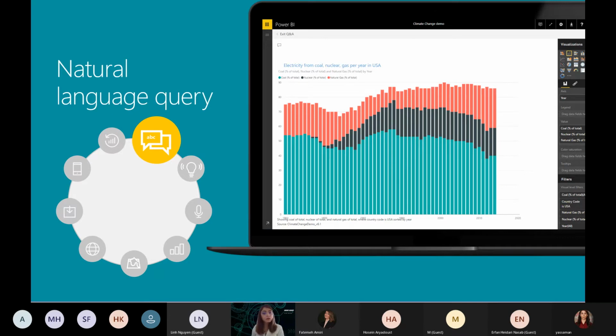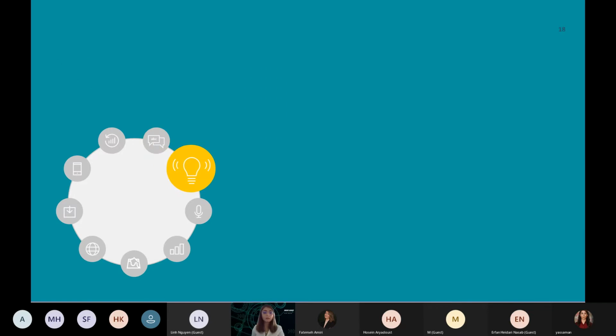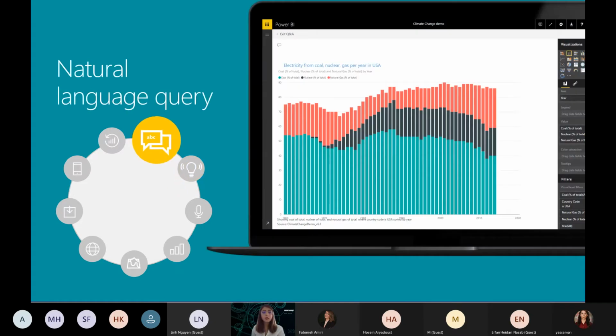If you know the keywords that are used in your report or in your data set, it's really easy to get results back with just typing a simple sentence. Okay, what is my top 10? What are my top 10 customers? Or what are the top 10 customers in Europe? These keywords like customers, Europe, country, these are really keywords. If you know them, with just writing a simple sentence, you can get results back.